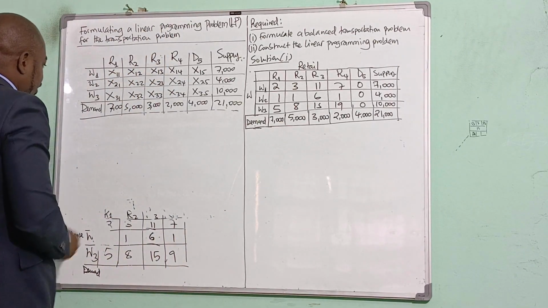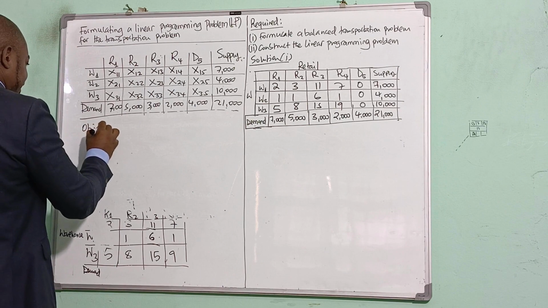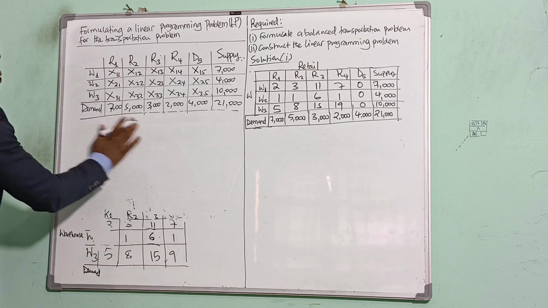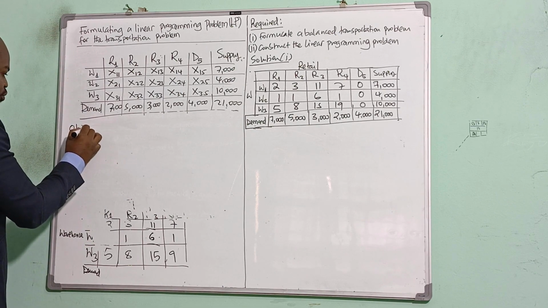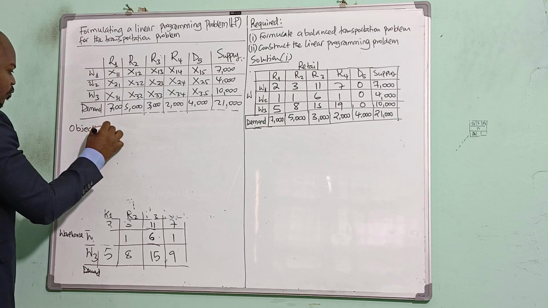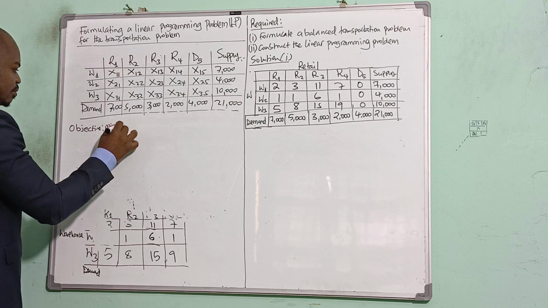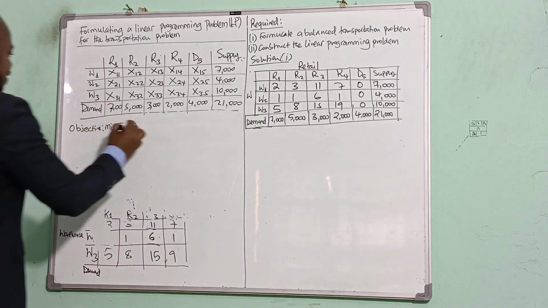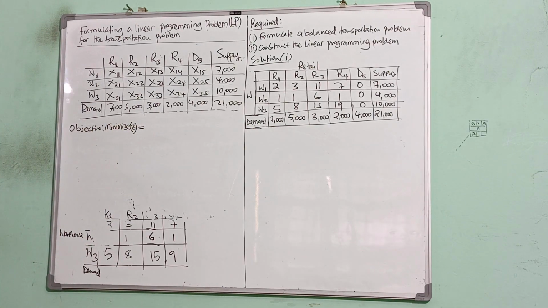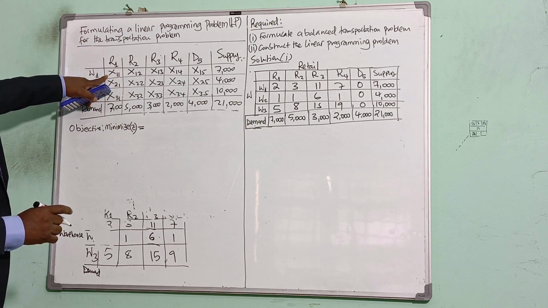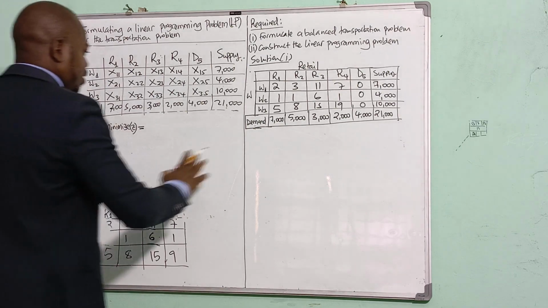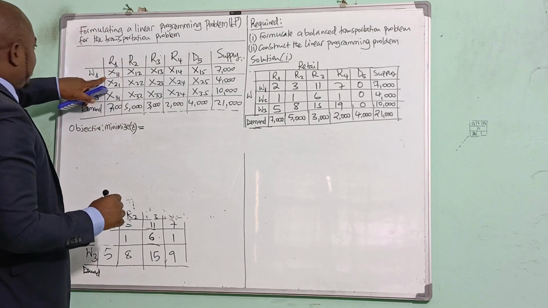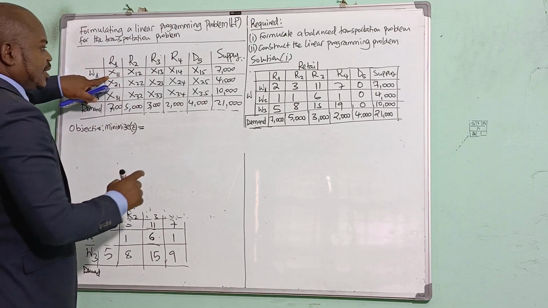So the objective function for this one is basically to minimize. Okay, so objective, I'll say minimize. Let me start properly. I'll need quite a good space. Objective, minimize. Okay, minimize z with respect to, now if you see, I'm going to write everything. This is going to be, okay, I'll protrude to this side. There's no problem. It's going to be a longer one. So we have got this one, minimize. The cost is